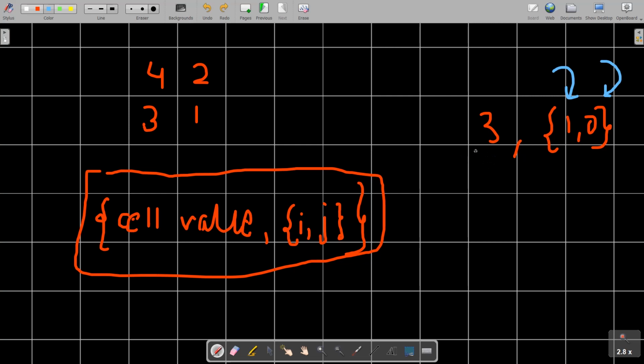Then we are going to find what is the current rank going on for this row number 1, and what is the current rank going on for this column number 0.